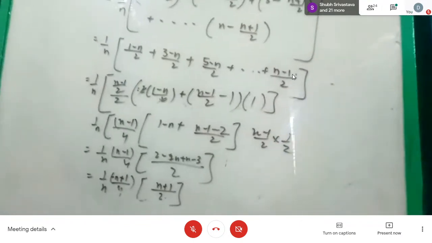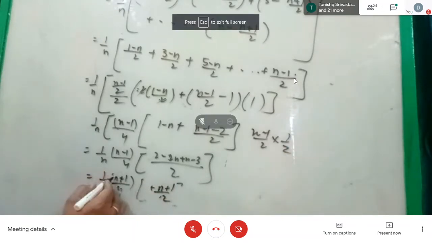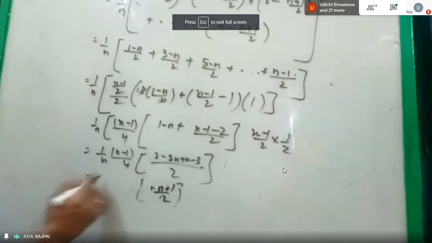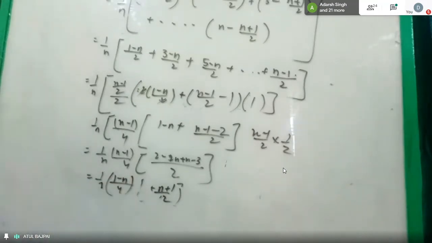Just check. I'm saying take this. Both were minus, you can cancel this minus. Minus n minus 1 upon 2. This minus you can take as plus, and this was plus n minus 1. So here 1 by n, 1 minus n upon 4, and simplify it. Yes, sir. It would be 1 minus n square upon 8n. Yes, n square minus 1. We have 1 minus n square.